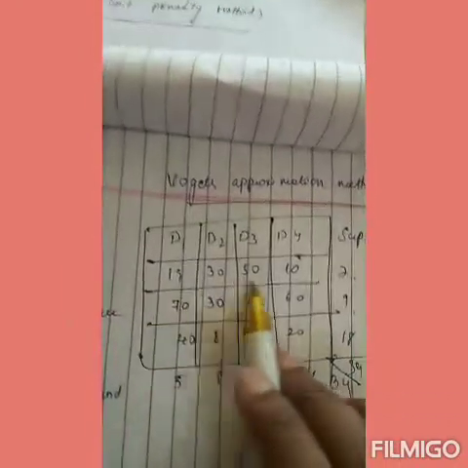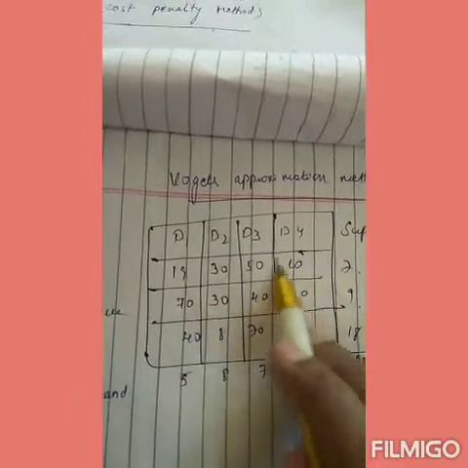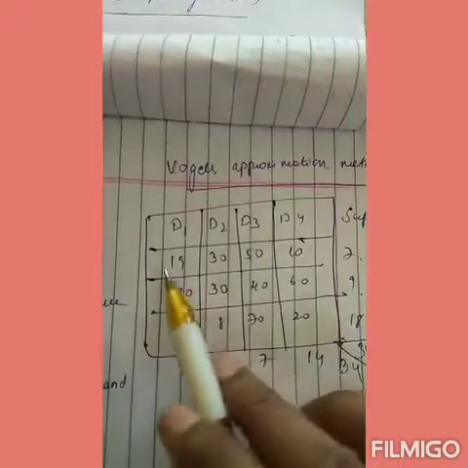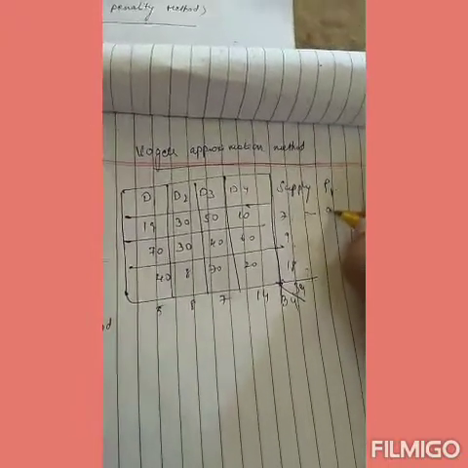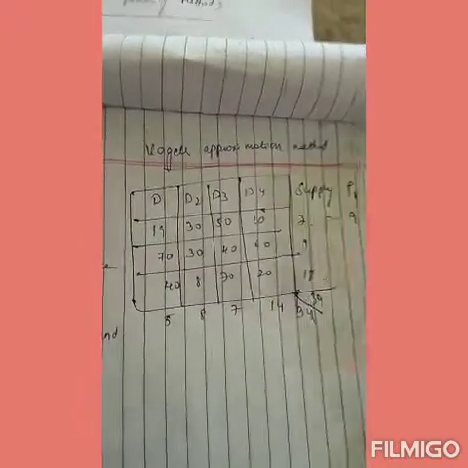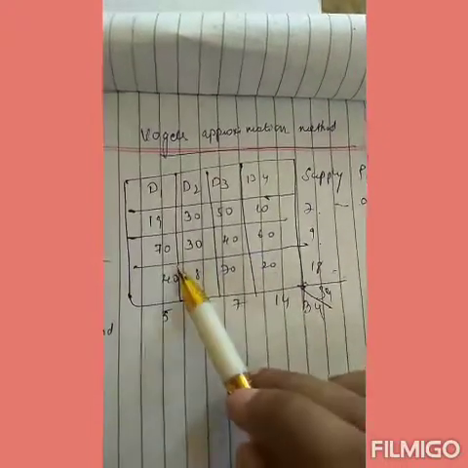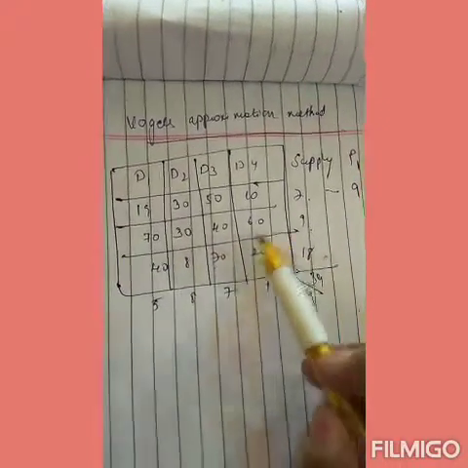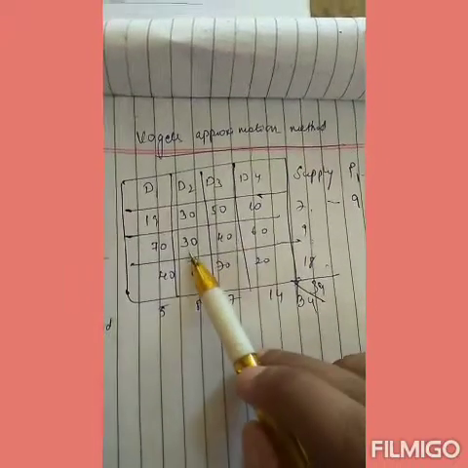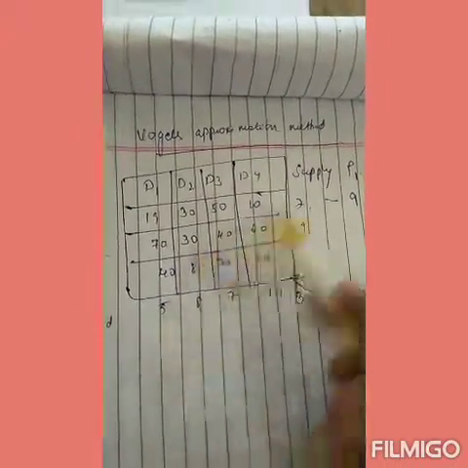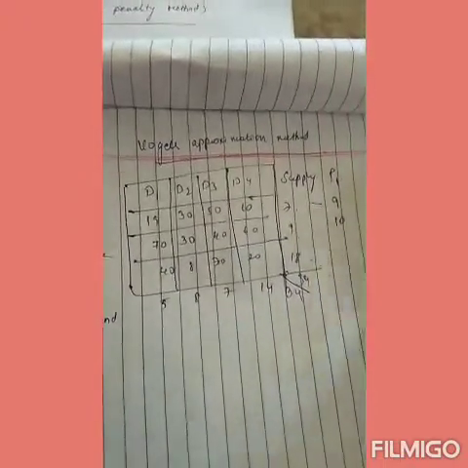Okay, and so in this row, the first minimum value is 10 and the second minimum value is 9. So that is the 9 in penalty P1. Next row: 70, 30, 40, 60. First minimum 30, second minimum 40. So second minimum minus first minimum, 40 minus 30, is 10.